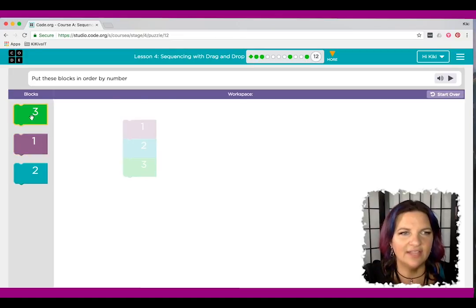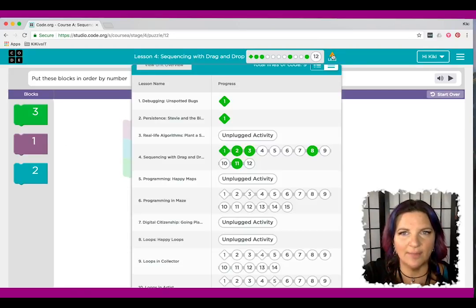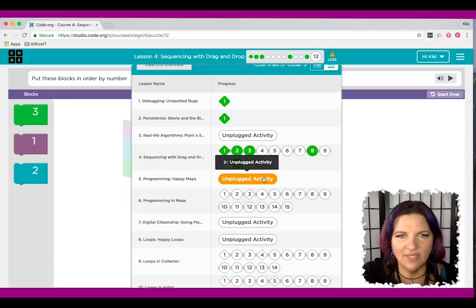And then the final lesson, everything is in the toolbox and they need to drag them over one by one. Now I'm just going to use this drop down menu to get to the next set of activities. Students don't generally use those. They'll typically just go from the last puzzle into the next puzzle or into end of lesson extras, if any exist for that stage. Notice that this one would have dropped them into an unplugged activity if we didn't skip